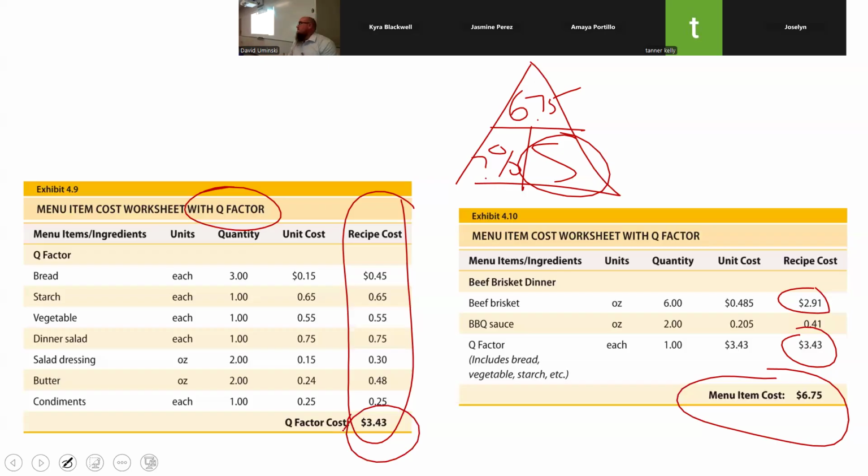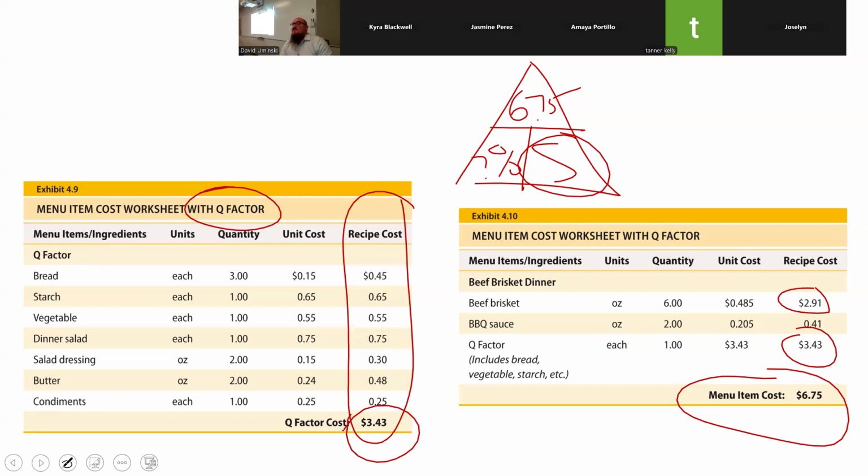Now, what happens? What kind of sides do we sell with barbecue? Potato salad, green beans, mac and cheese. Mac and cheese. Good. What's that? Rolls. Rolls, okay. So for the sides, mac and cheese, green beans, and potato salad, which one's the most expensive? Potatoes? Macaroni. I would say mac and cheese with the dairy and the butter and all of that, right? The cheese and the milk that goes into it probably is going to be more expensive than a potato salad.